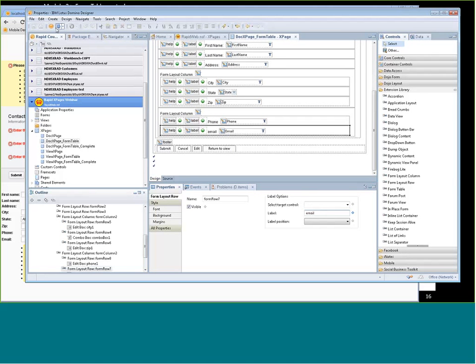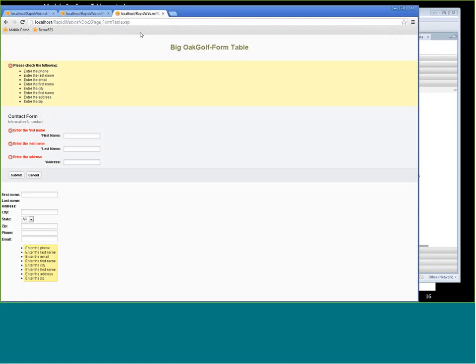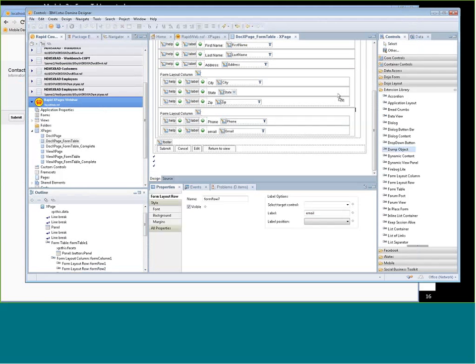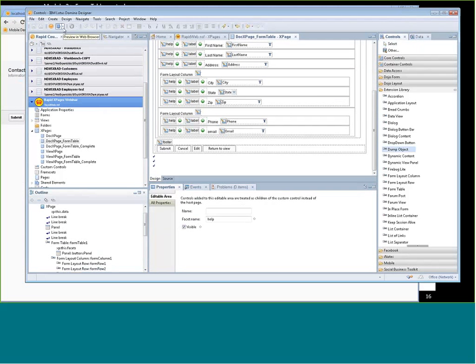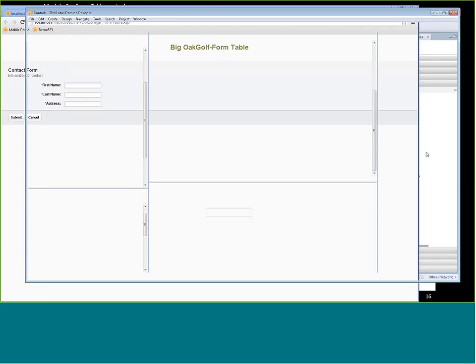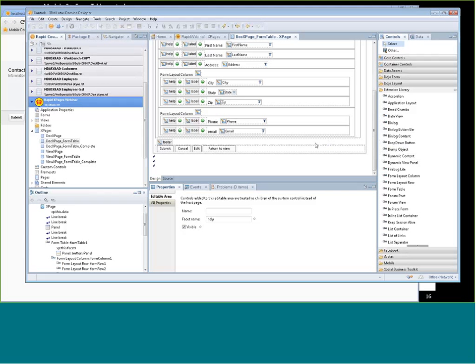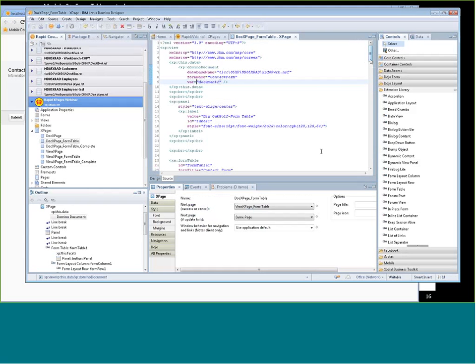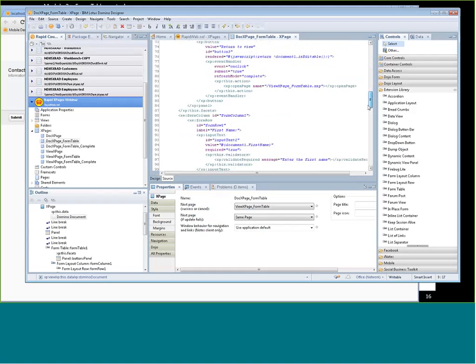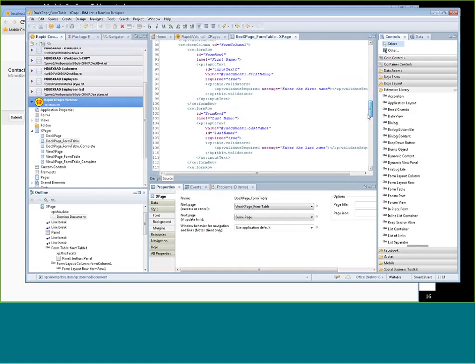I can go ahead and preview this and see what it looks like. Oops. Let's see, what didn't we get here? Let's preview it from here. Make sure I got the right URL. Okay, so I seem to have a little bit of a problem. Probably something didn't get in the right place, so let's just go look and make sure we got our column